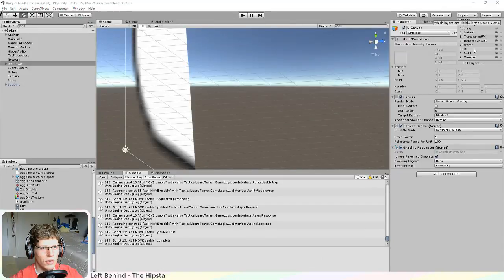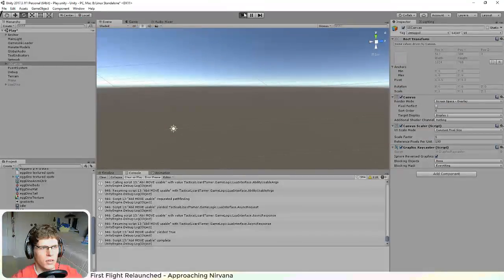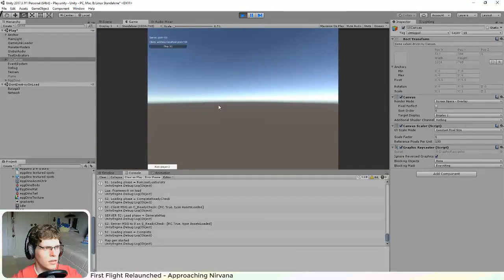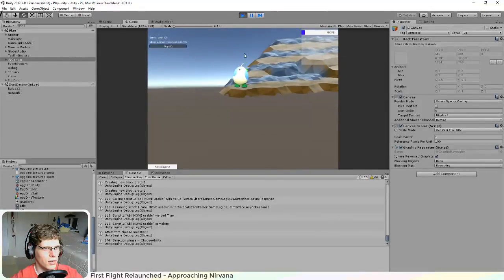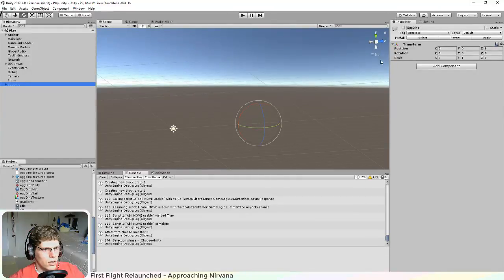Actually, can I hide it like this? Okay, so yeah, it's up here. I don't know why they didn't just put the visibility here by everything else, but I think I can turn that off. Hopefully it will still be visible in the game. Okay, yeah, it is. Okay, so that's perfect. Anyway,